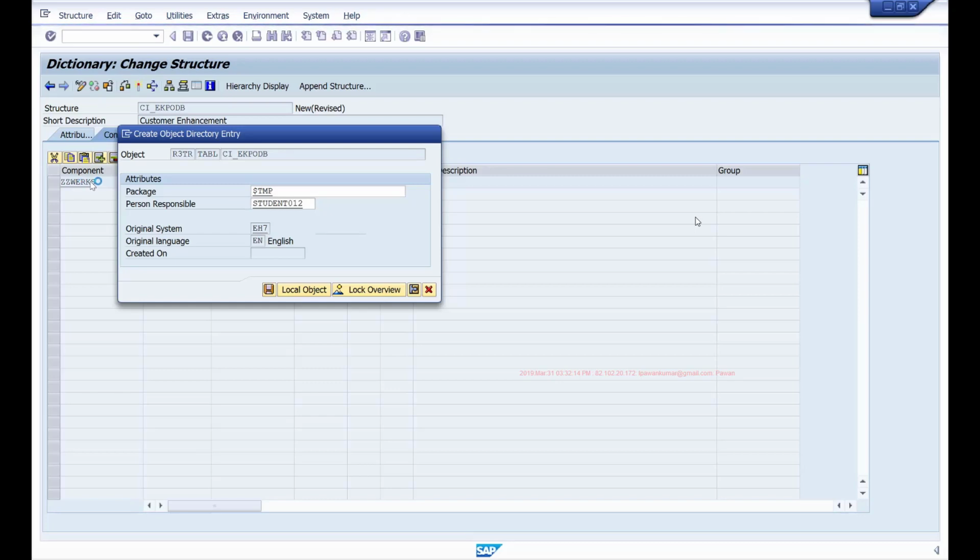So when I add a field to this EKPO table using the CI include, then this field will become part of the EKPO table. So the program, if they have defined the interface work area using the tables keyword, then this field will also be part of that declaration. So I don't need to change the main program, right? So automatically this field with data will be available in that structure, and when they are updating the data from that structure into this table, then that data also will be updated automatically.